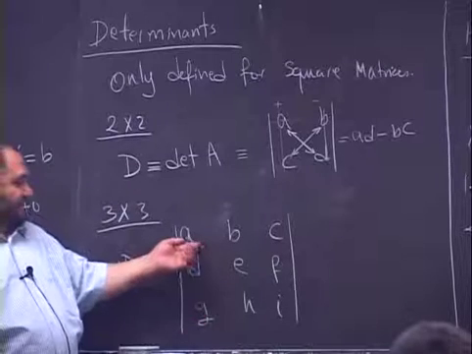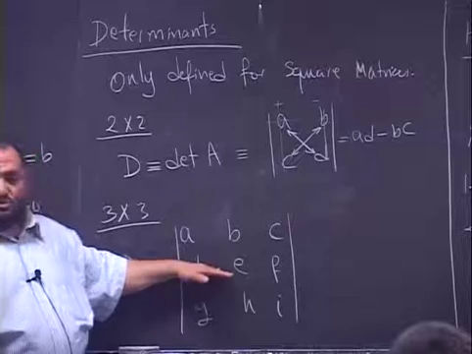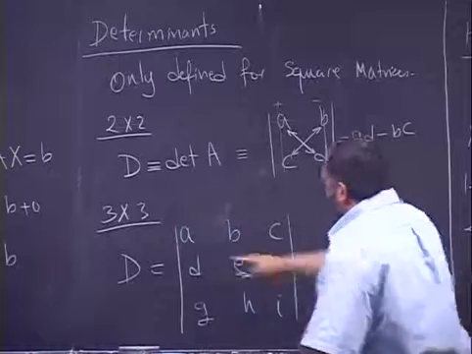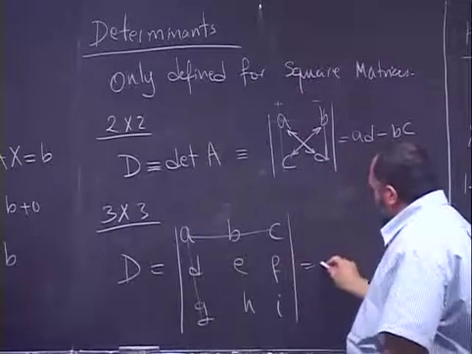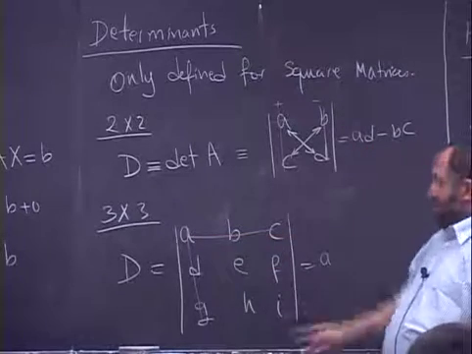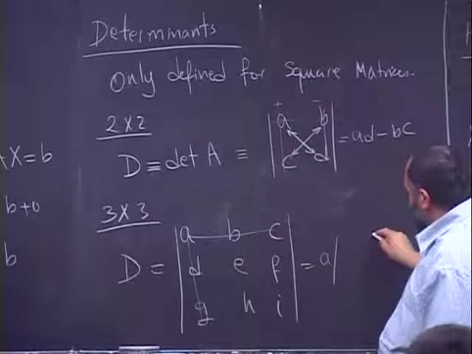You can start just by taking the first row, or the second row, or the third row. If we take the first row, we get the first element, A. We cross out the column and row that A occupies. Then we multiply A by the cofactor,